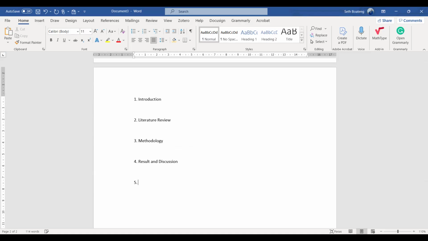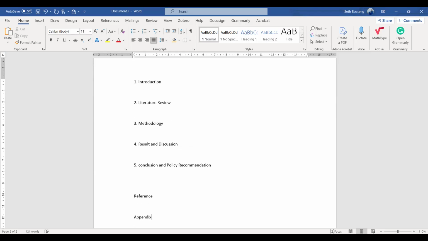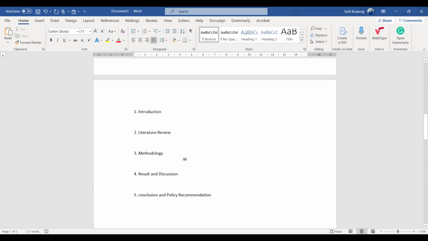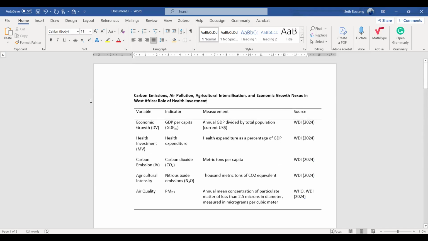That one too is there. Then you have conclusion and policy recommendation. So this is the standard, and maybe references and then appendix. That one day we will talk about that later. So this is the standard areas under the manuscript.